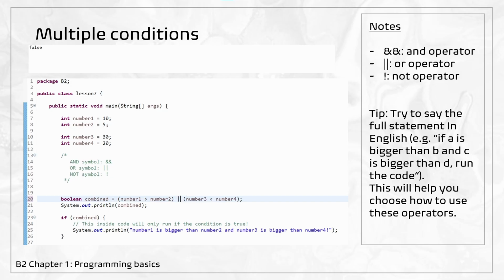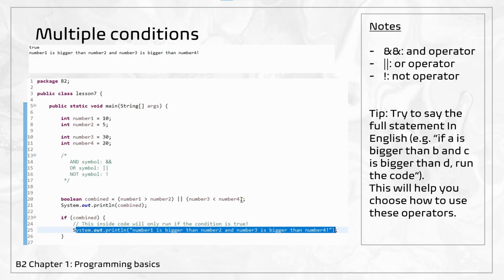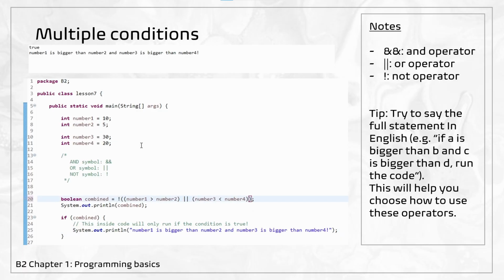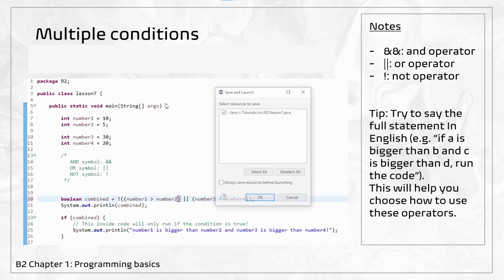If an OR symbol is used, then only one of these conditions must be true for combined to be true. So because 10 is greater than 5, combined will now be true. And because this is true, it'll run this print statement over here. If you use a not symbol, so like that, then the condition inside of here that we're notting, I guess, is inversed. So because this is true, and we put the not symbol over here, that means that this will